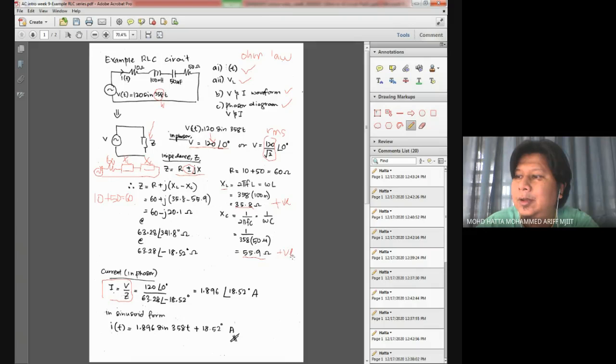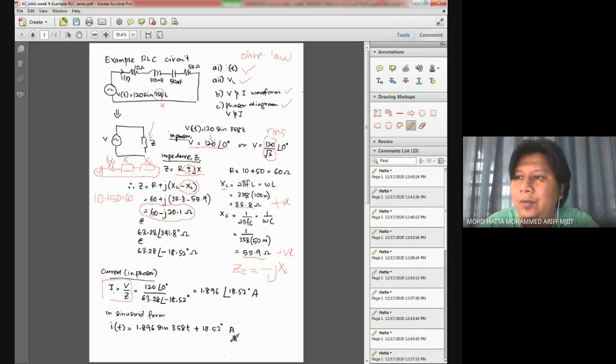Both are positive values. However, when you try to combine these two values, XC, or ZC, is basically given by negative JXC. So that's why here we have XL minus XC. And when you subtract these two values, XL and XC, at the end you will get your Z value as 60 minus J